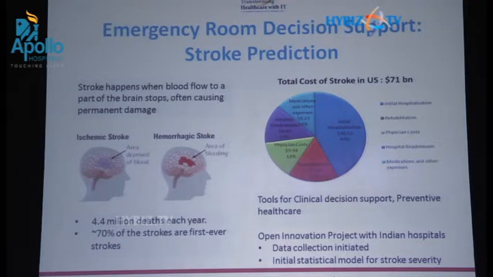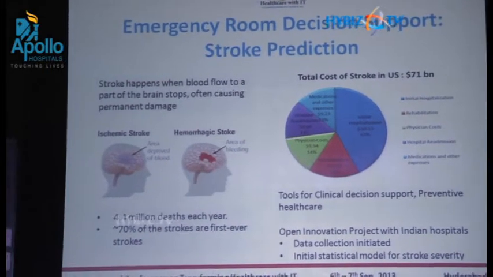So back to the Indian setting, when you have patients coming into the emergency room, what we were told is that typically you do not have trained neurologists on call who are able to advise the doctors currently attending to these patients on the severity of these cases. So we are in a relatively early stage in terms of collecting some of this data, going with some of the known